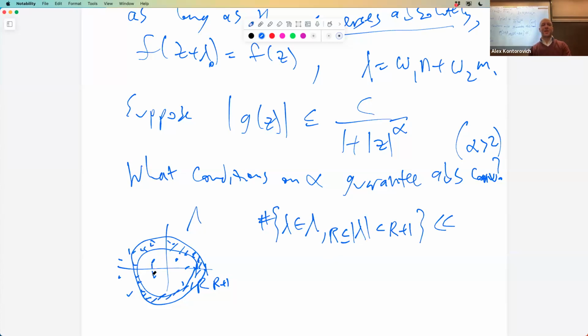Well, the lattice points all have some spacing between them, right? There's some fixed amount of space that no lattice point gets within that distance to its neighbor. And so any 2 lattice points here have to differ by at least that space. And so a crude upper bound for how many there could be, up to constants, I don't care about constants, is just the circumference of this circle. And the circumference is,